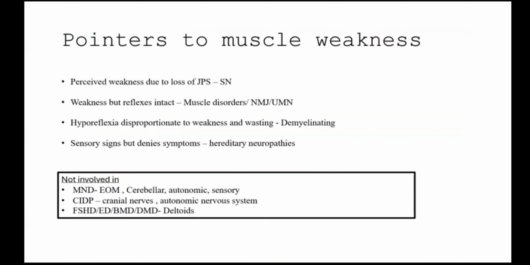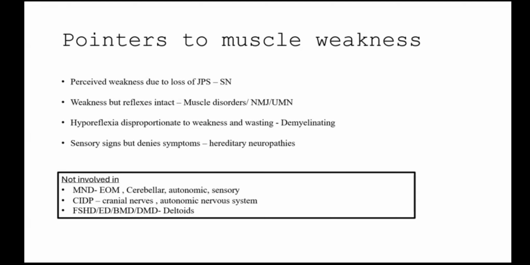Then there are some additional points. Sometimes the patient with proprioceptive loss may come to you saying that they cannot walk. Rather than actual weakness, it may be due to secondary proprioceptive loss. If the patient comes with significant weakness with reflexes being intact, we have to think of myopathies, upper motor nerve disorders and neuromuscular junction disorders. If the hyporeflexia, or the reduction in reflexes, is disproportionate to the weakness and wasting, we have to think